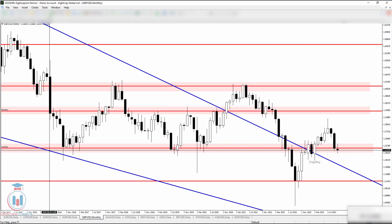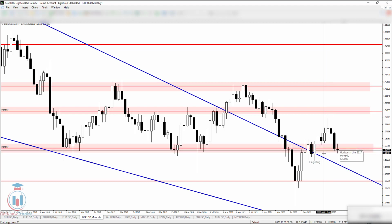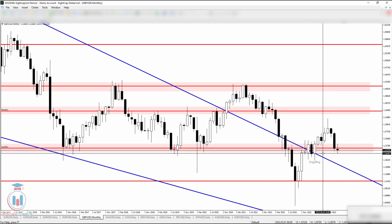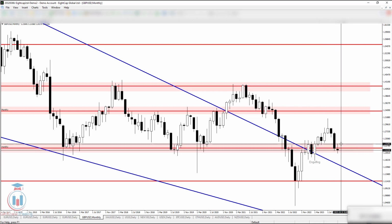Now let's go to the monthly and see how this looks. It looks very bearish. We can see it here. The prices jumped from here and then returned back down, but we still have 2 more weeks until this month ends, so everything's still open. A very critical level was here, which was broken the previous month. Now a very critical level is this one here, 1.20 price level, where the price has reached it already and bounced back up. You can see it here,